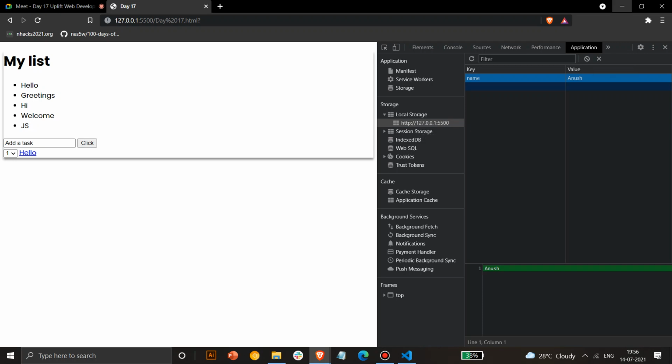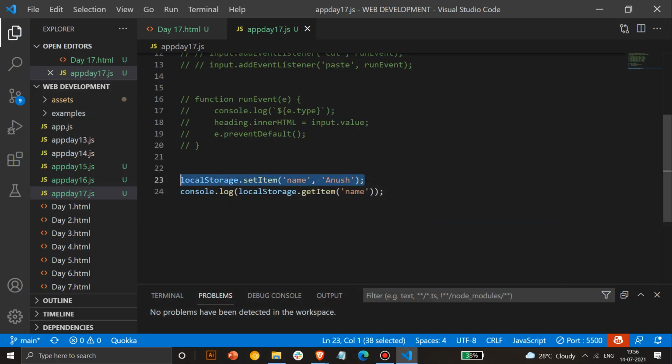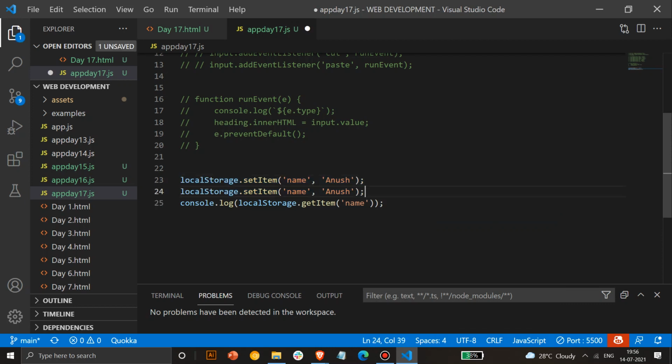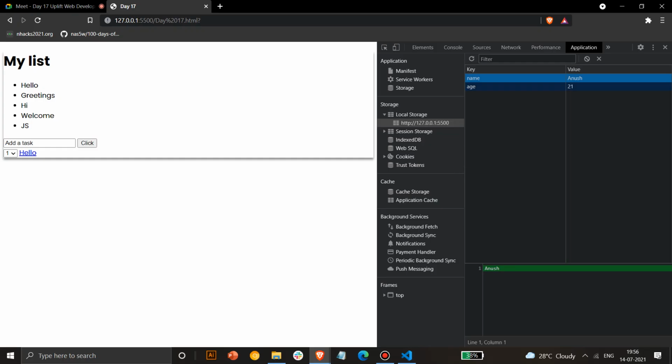So if you add multiple values, you can check that. So if I add multiple values here, I'll add age also. It's a good thing to learn, but when you work in real time, you should not use local storage because anybody can check it and see your data. You can see values get printed here. If you use this in real life, everybody can see your data from here. So many websites initially were saving data like this, and they got hacked or their data was stolen like this.